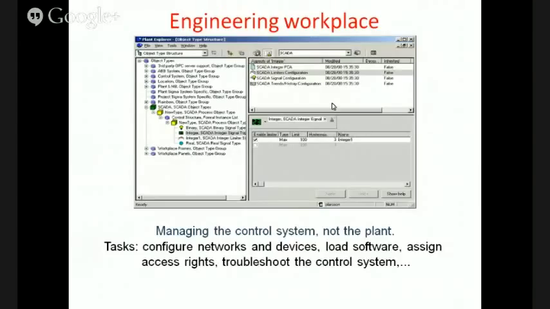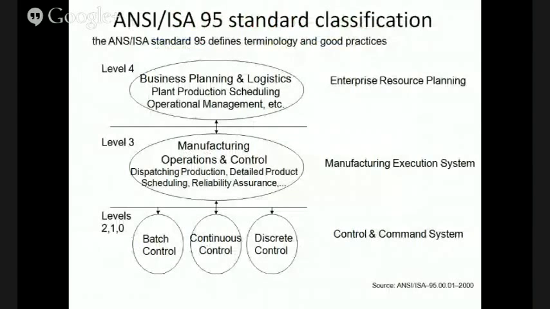So ANSI and ISA. One is the American system and another is the Indian system. So these are the codes, ANSI 95 standard classifications, level 4, level 3, level 2, 1, 0. Batch control, continuous control, discrete control, I have already described them in detail. Whether it is batch control, continuous control or discrete control, they come in level 0, 1 and 2. All of them are control and command systems. Level 3 is the